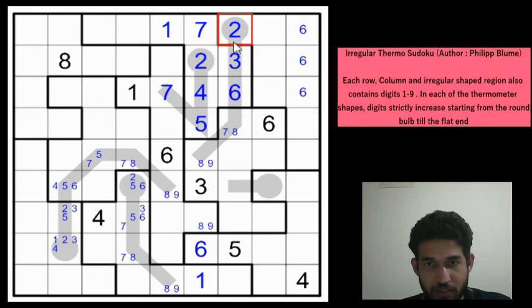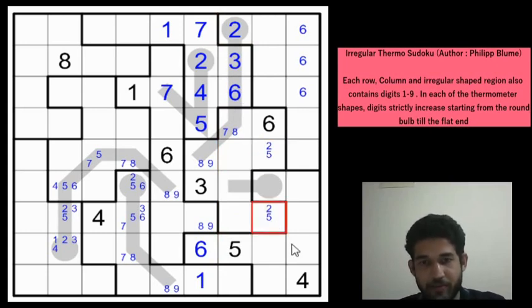And now if you look closely along column 7, right? This region, in the middle region, has to contain 2, 5. It can't contain 2, 5 in these 4 cells. So for that region to contain 2, 5, they would have to go in these 2 cells. It will contain a 2, 5 pair.